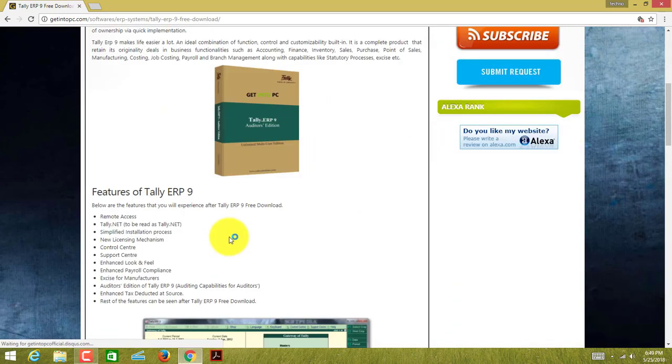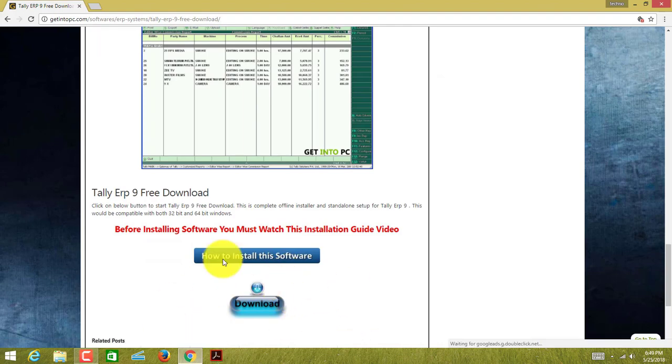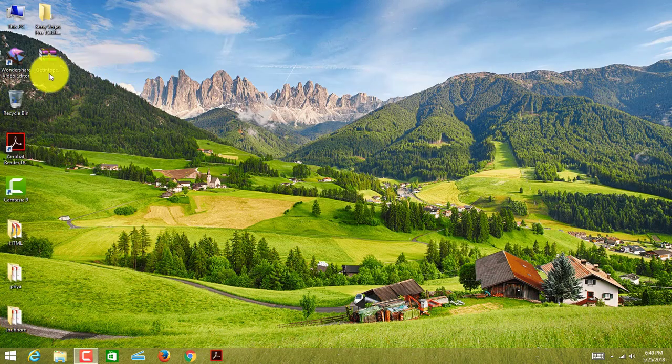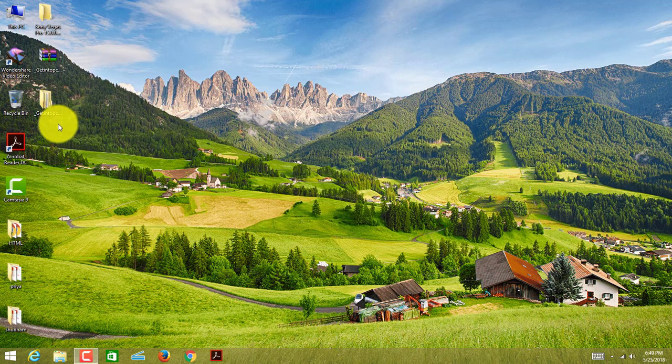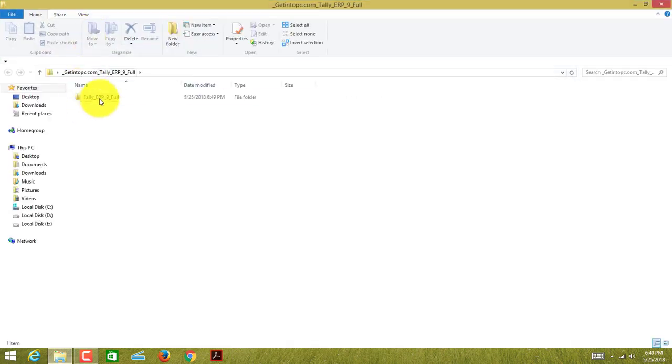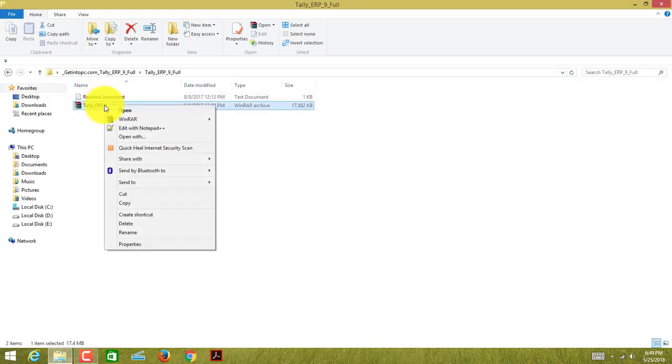This is the first software. Download it from here. I have downloaded it. It will appear somewhat like this. Crack this one, extract, open the Tally app in 9, extract this one also,